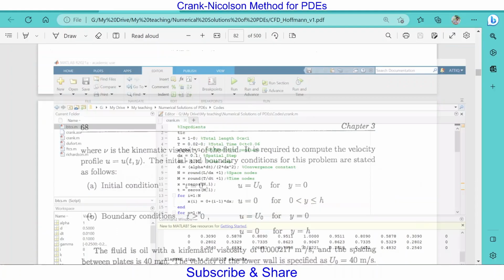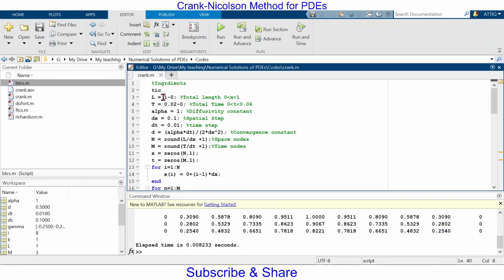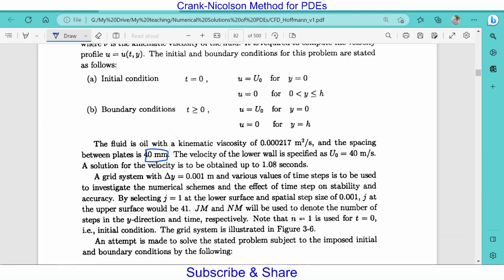Length in this case is 40 millimeter, which in standard units will be 0.04. So length in this case will be 0.04, and the time that he wants us to obtain is 1.08 seconds. So the last time will be